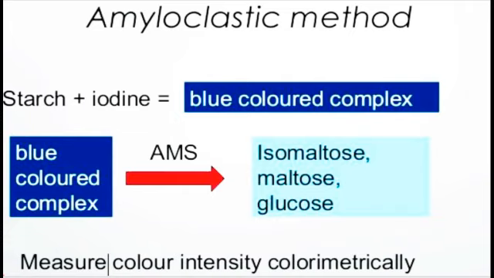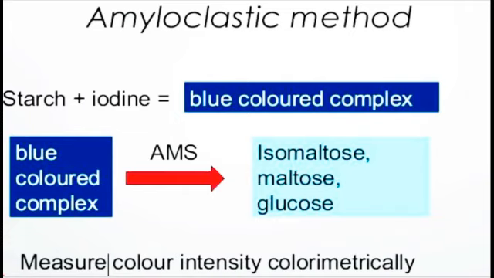First, we shall see the assay of amylase enzyme. This enzyme is secreted both by the salivary glands and the pancreatic glands. The normal serum level of amylase enzyme is 50 to 120 international units. The main function of amylase enzyme is in the digestion of starch and glycogen in the diet.